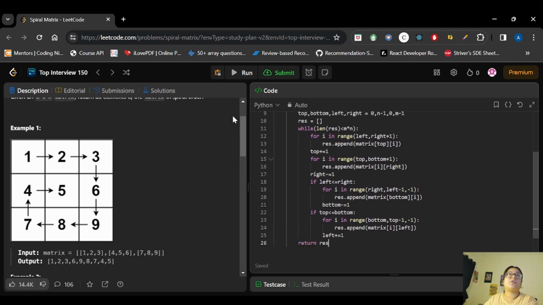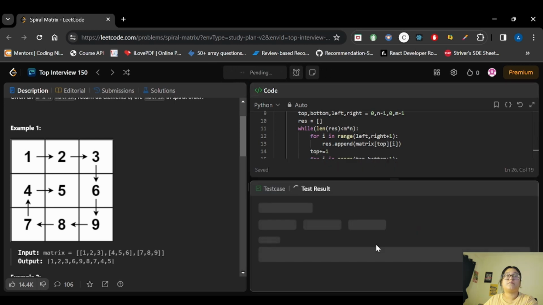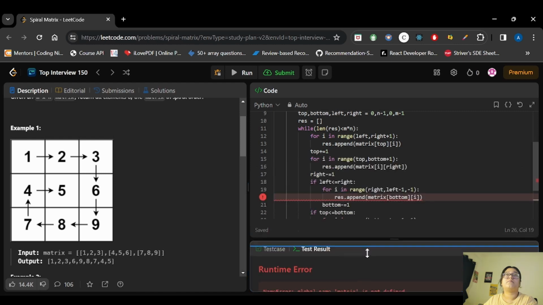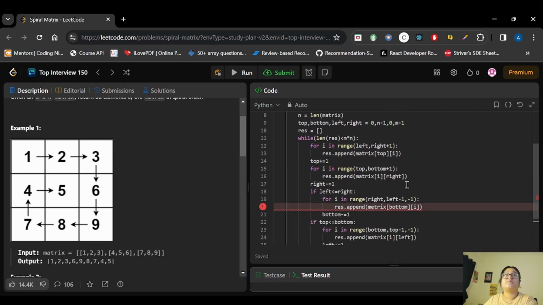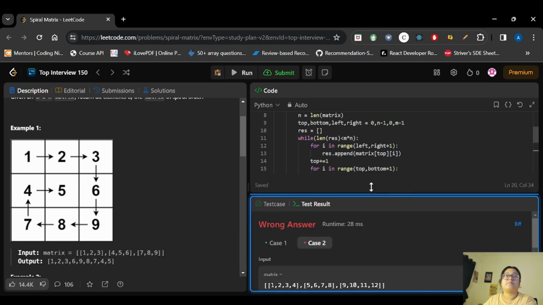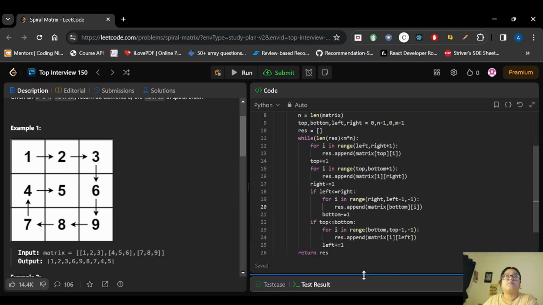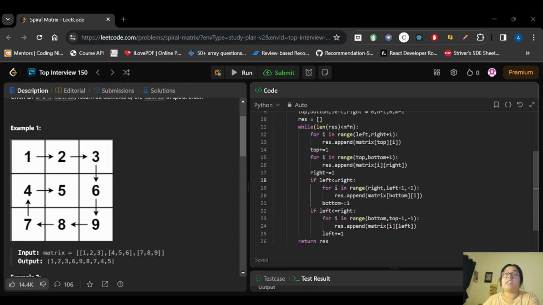So now let's try to run this. Okay, I made a spelling mistake here. Let's try to run it again. So actually I made a tiny mistake back there.